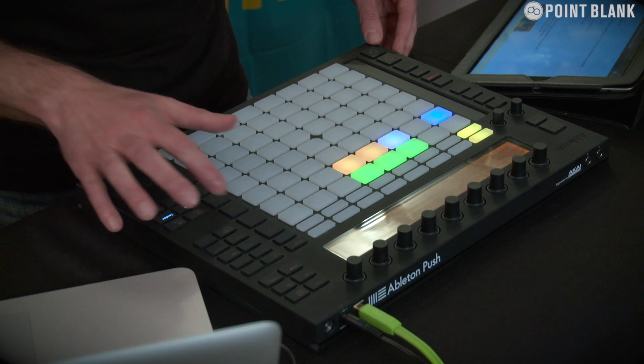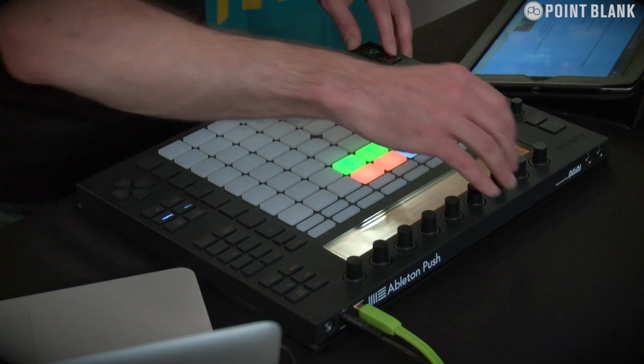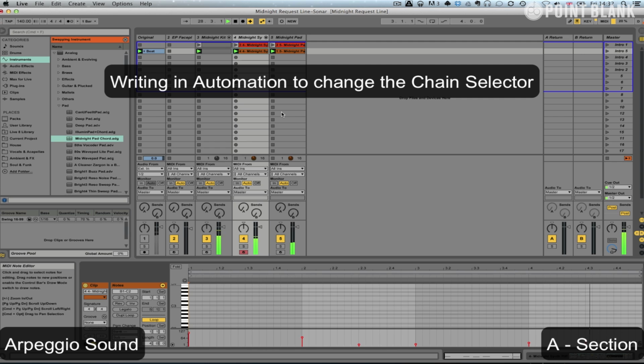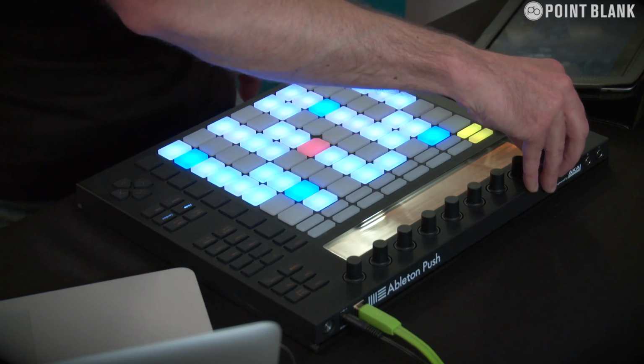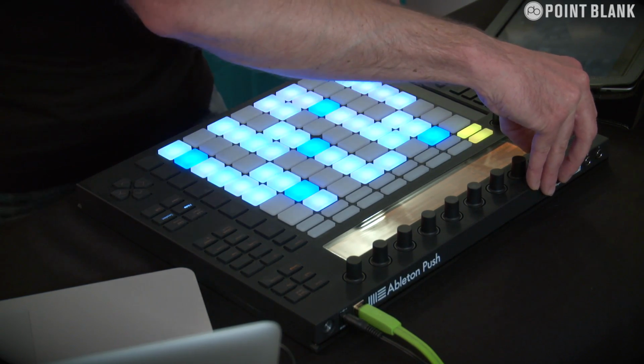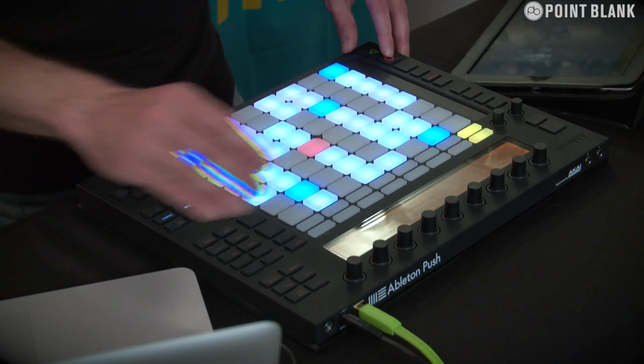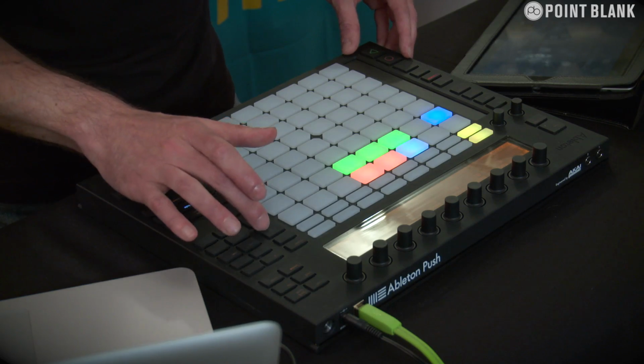And then if we go over to the next one, I'm going to change that to the second arp pattern. Just writing in that automation. So now when we switch between the two,